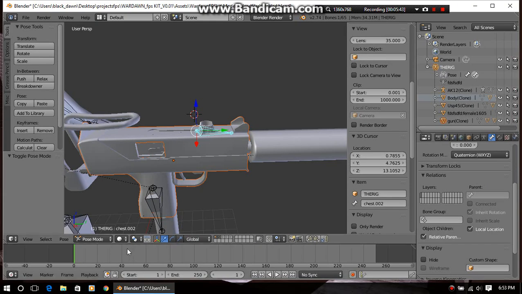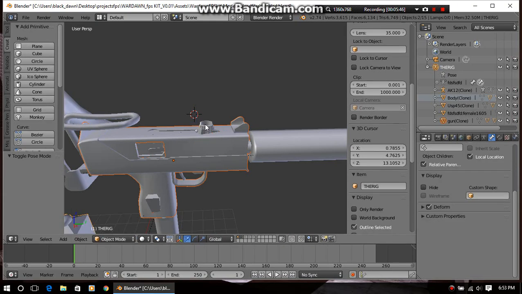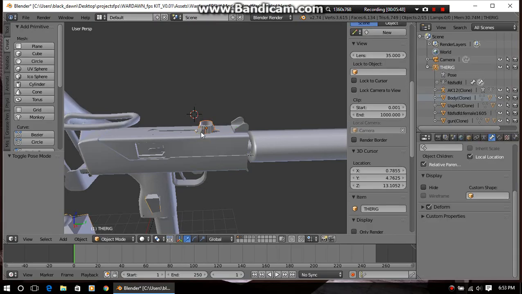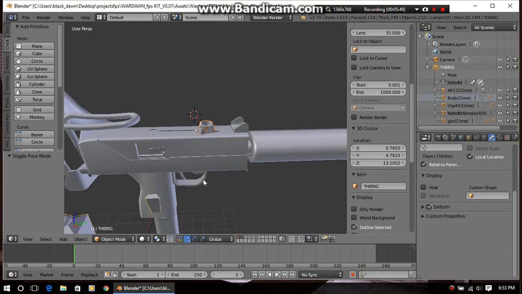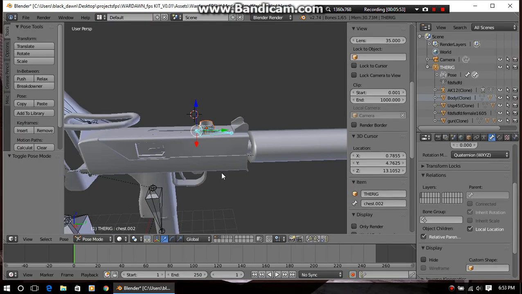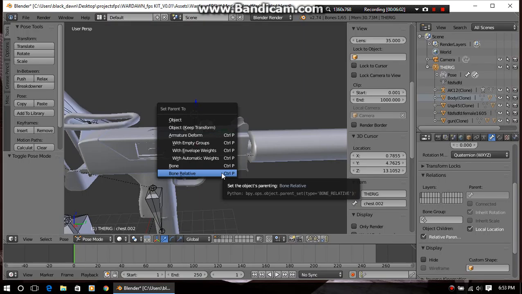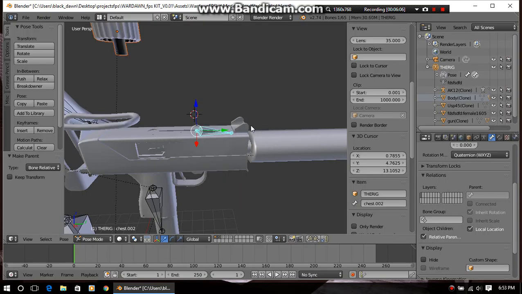Object mode, click, and then we click on our armature. Now we just can't go right into it, so we got to go pose mode. Now, what we need to do, okay, is go and parent to bone relative again. Okay, now it will do that,